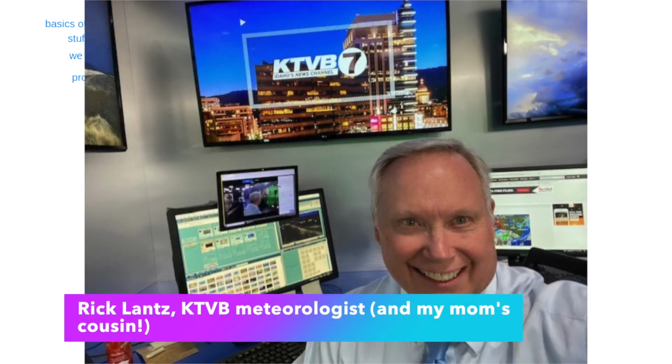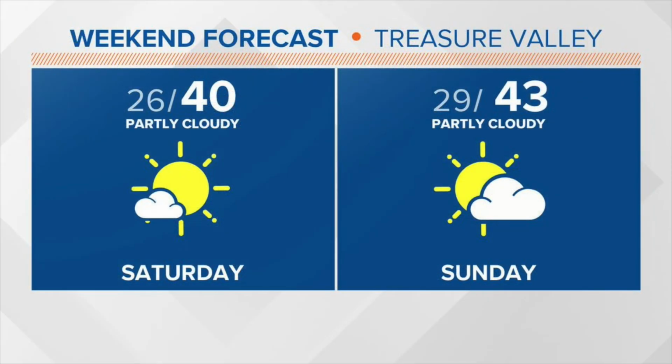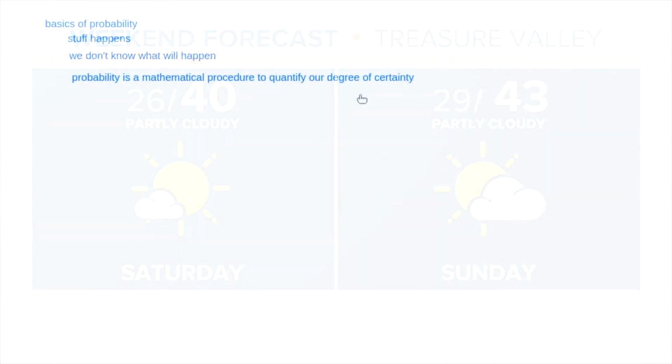So stuff happens. We don't know what will happen. We don't know what the weather is going to be. And along comes probability, and probability is a mathy thing, so we will get a number that will quantify our degree of certainty. And we're kind of used to this, and you think intuitively this happens every single day. You watch Rick Lance on TV. Rick Lance goes on TV and he tells you with some degree of certainty, he says it's going to rain tomorrow, 40% chance, and that 40 is a quantification, so 40%.